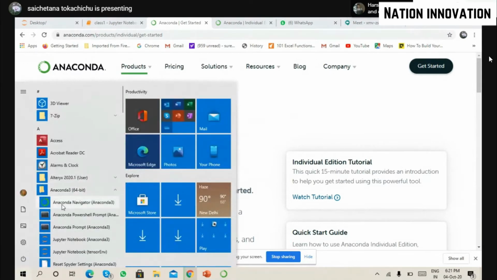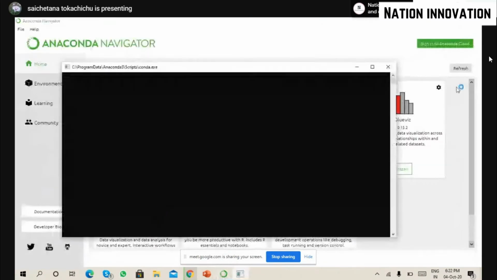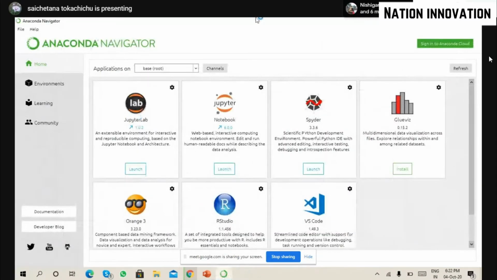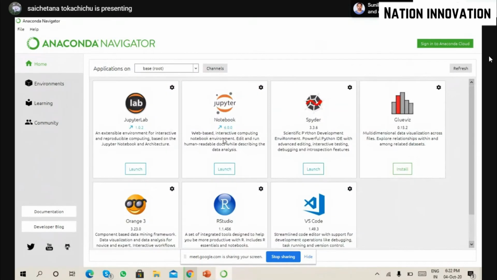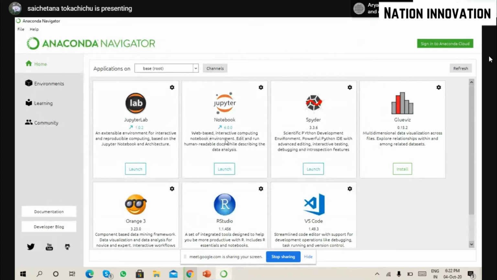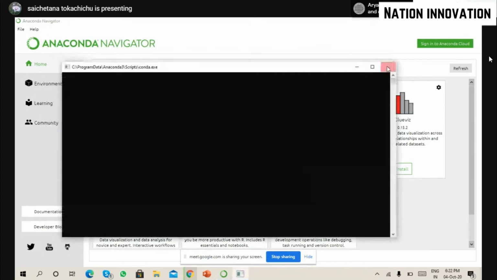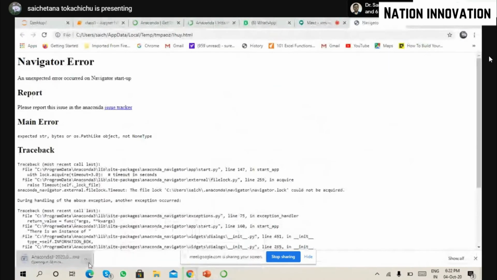In that, you have Anaconda Navigator. So just select that. By selecting it, you will get this Navigator. So over here is where the magic happens. We are working in Jupyter Notebook. What is a notebook? It is a web-based interactive computational notebook environment. It is opened in a website obviously because it's web-based, and it is very interactive. Interactive how, we'll see. So that is how you are going to install Anaconda.